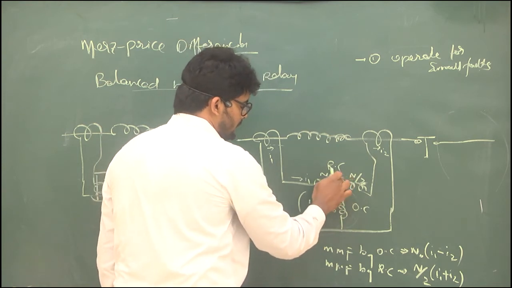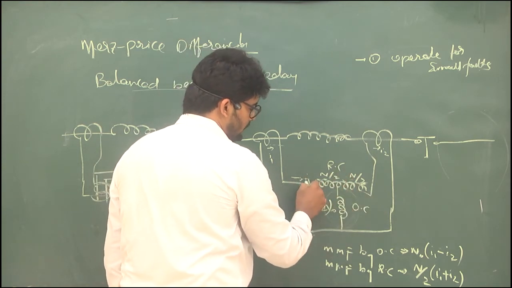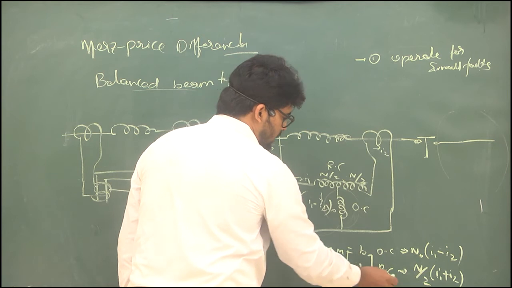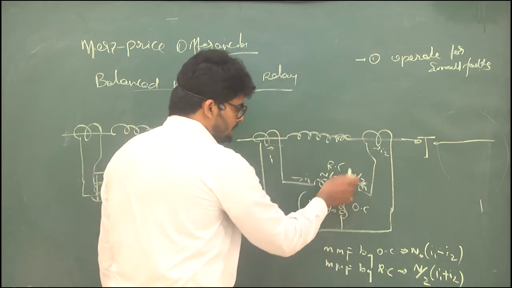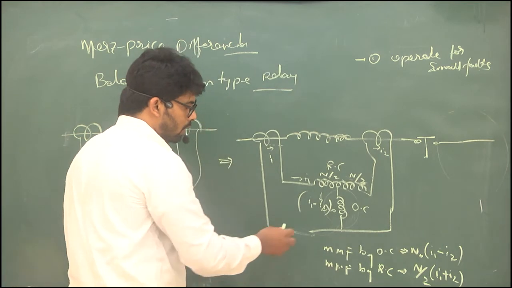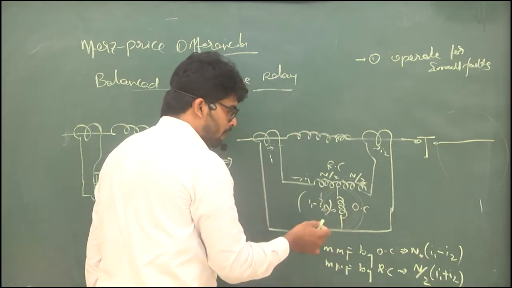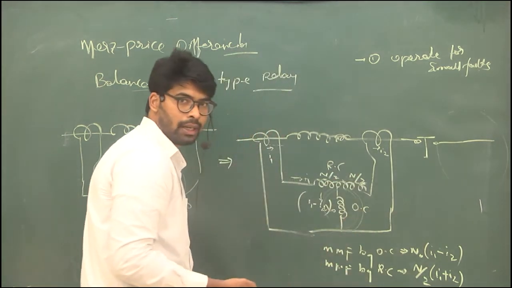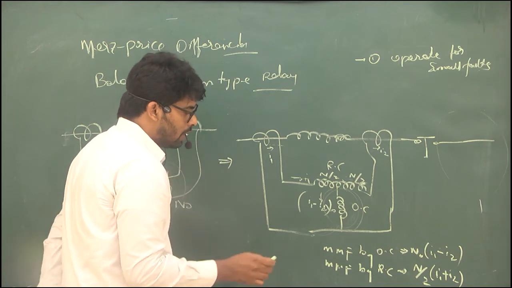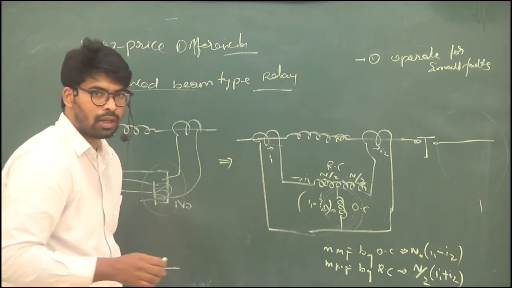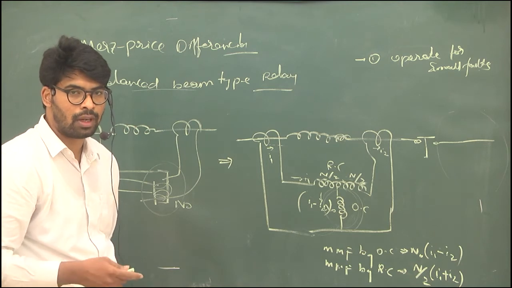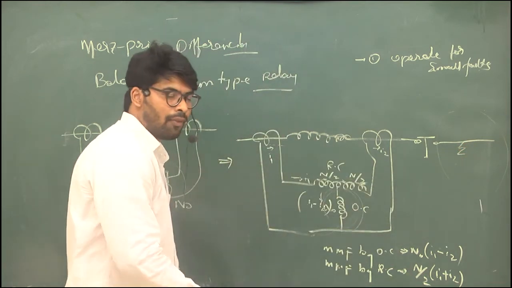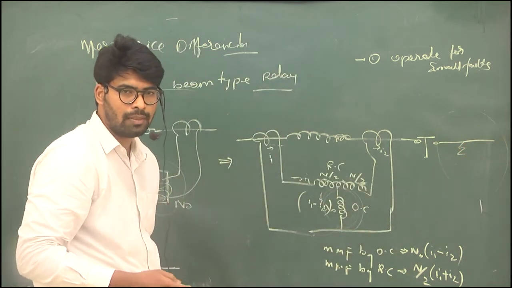So both currents, I1 is flowing in this direction, and I2 is going to flow. So I1 plus I2 by N by 2, for each section, is the restraining force MMF. If the MMF produced by the operating coil is higher than this restraining coil, then the relay will get operated. That's the main theme of this. So let us see, for example, why the relay does not detect the smallest external fault. For example, if a small external fault occurs, the protection zone need not operate. That's the main idea in this.